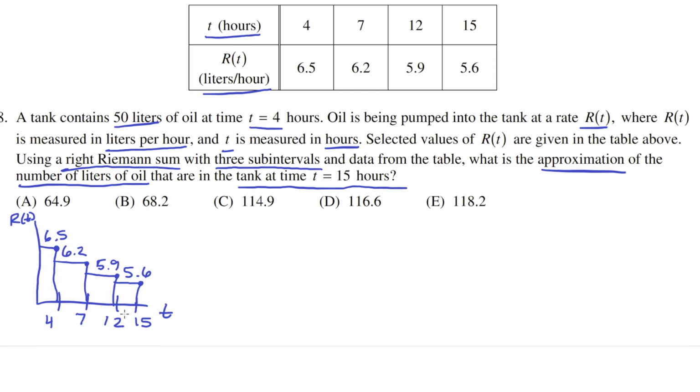So adding up the area of all these rectangles will give us an approximation for the area under this curve. And the reason we want the area under this curve is because in this case, the area under this curve